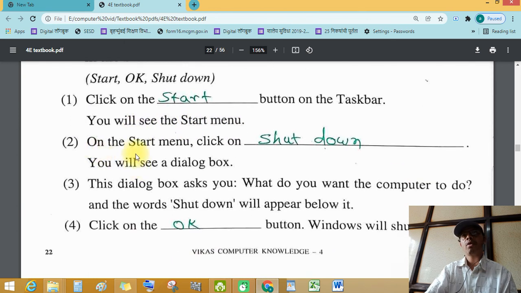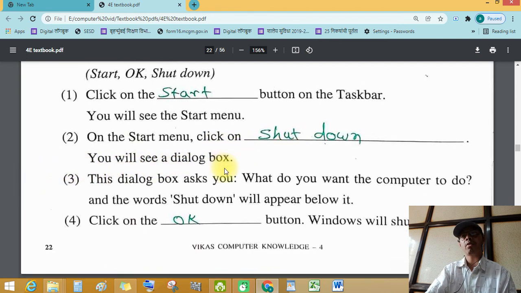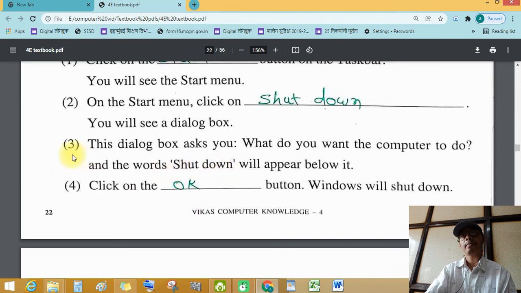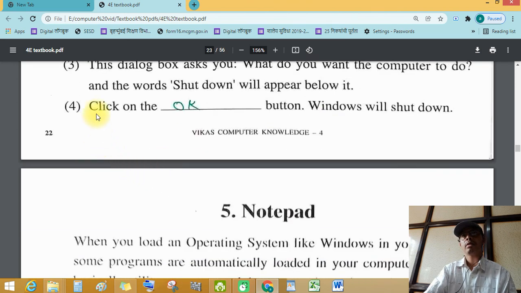Second, on the start menu, click on shutdown, you will see a dialog box. Third, this dialog box asks you what you want the computer to do, and the word shutdown will appear below it. Fourth, click on the OK button.